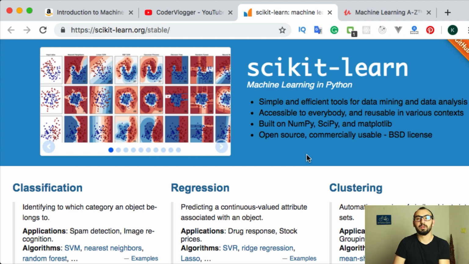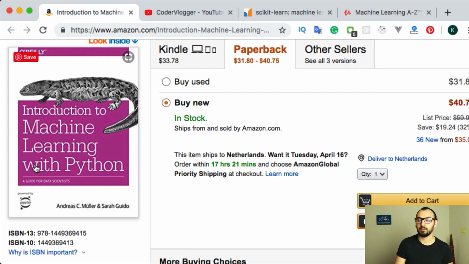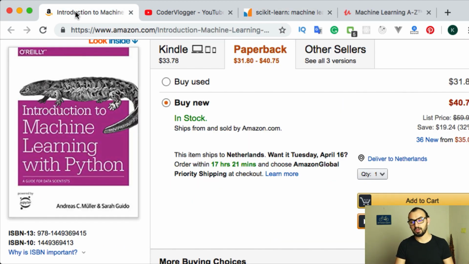It's a quite popular Python package for machine learning. We probably will have an additional tutorial on how to use it. I will show beginners how they can start with this library in Python. But yeah, for me it was important that one of the authors is also a core contributor to this library.